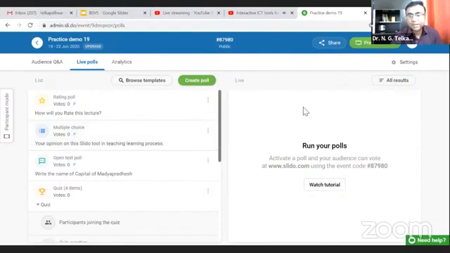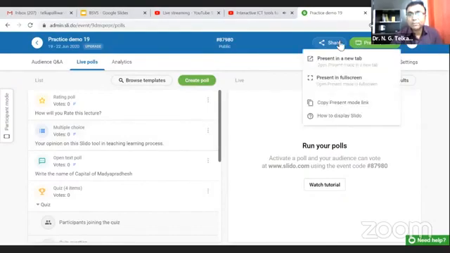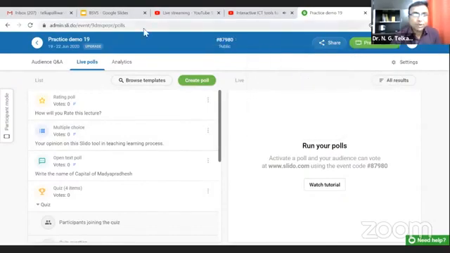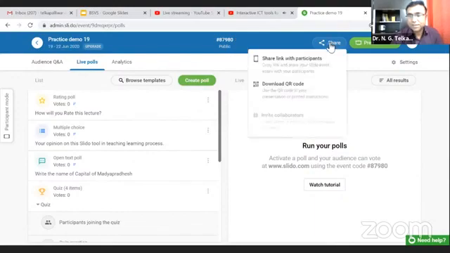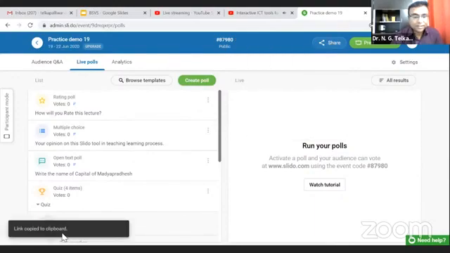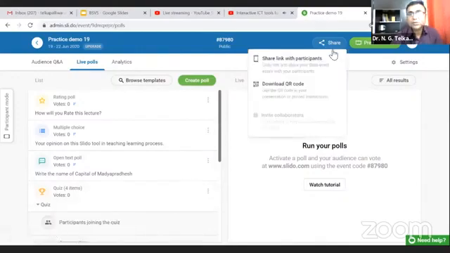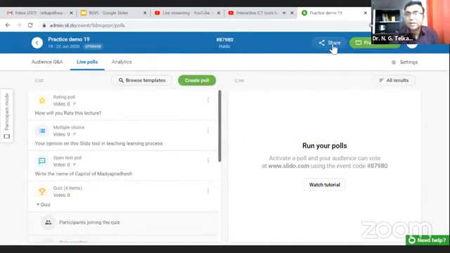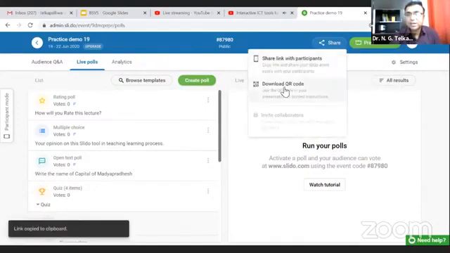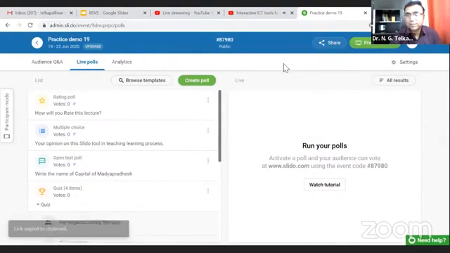Now, once it is created, then you need to go for the present mode here. There is a share option, public, and this code is available. So you have to provide this code to the students during the live session. Then there is an option called share. Just create the share, and a clipboard copy is generated. You paste it in your presentation. Through the presentation, you can run that quiz also. And another option is the generation of the QR code. So these are the three options available.